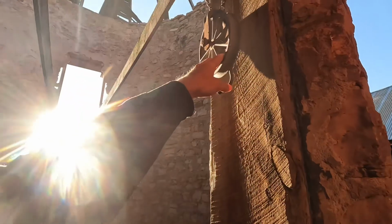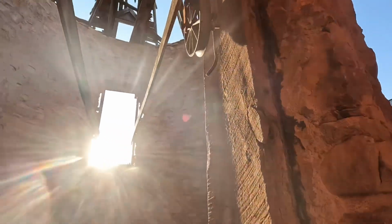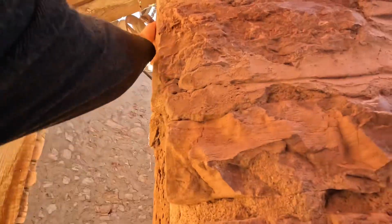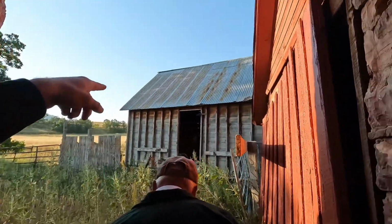Let's put that on. It goes over the door there to hold it shut. Oh, yep, the little latch. I'll shut it here. There we go. And this was another granary? Yeah, this was a...